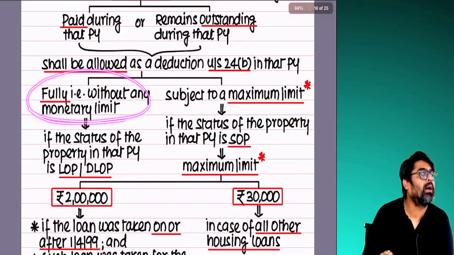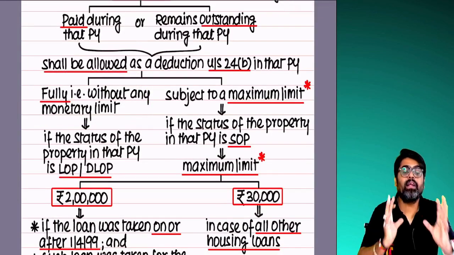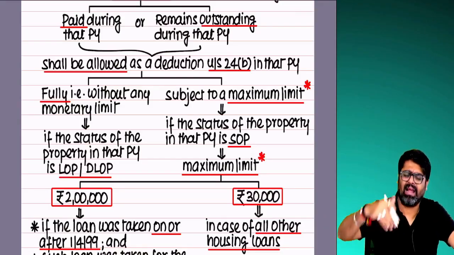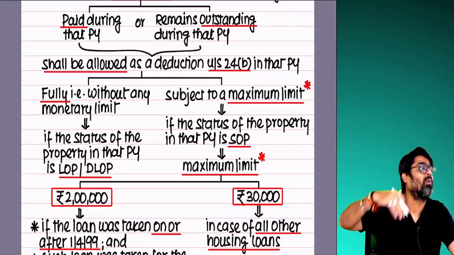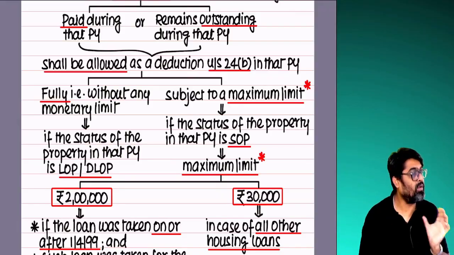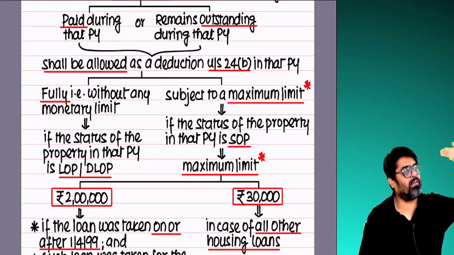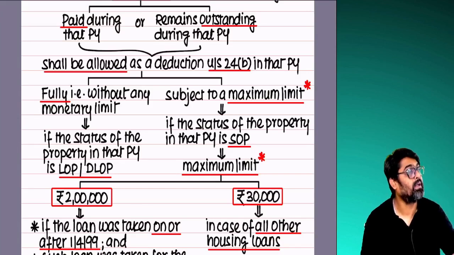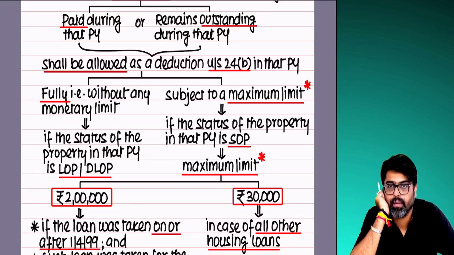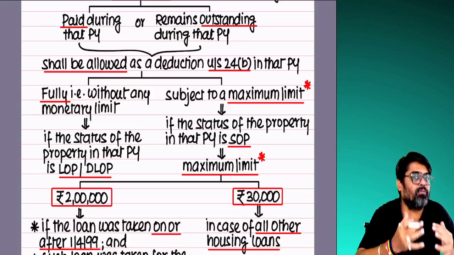allowed as a deduction without any monetary limit. This year's full amount of interest, whether it is 1 lakh, 2 lakh, 5 lakh or 10 lakh, whatever the amount of interest becoming due in this year, you claim the full amount as a deduction if that interest relates to LOP or DLOP. Will you remember? But whatever amount of interest becomes due in this year